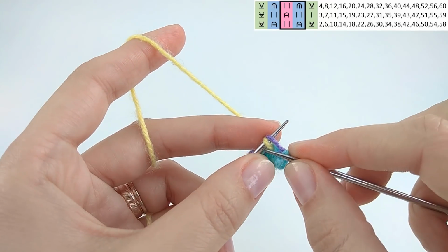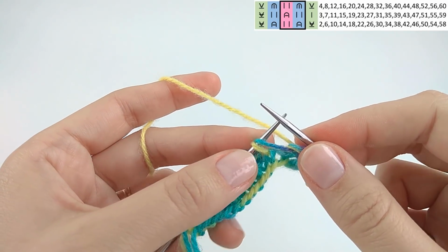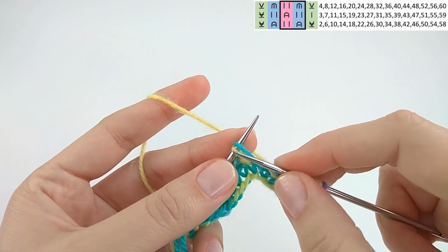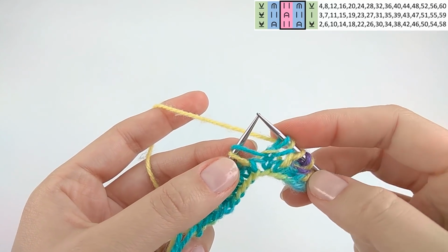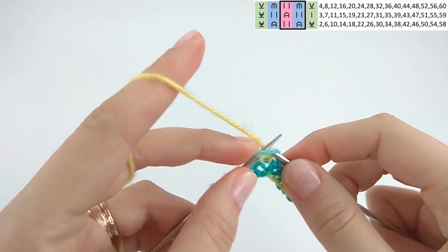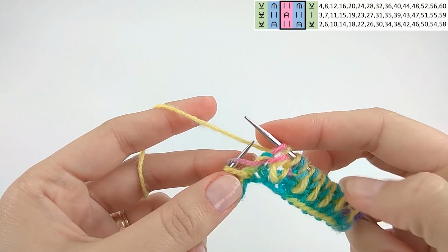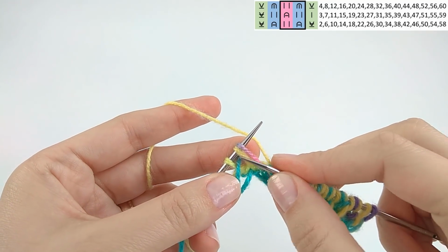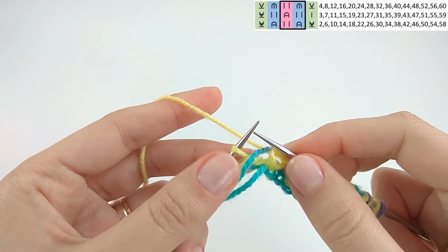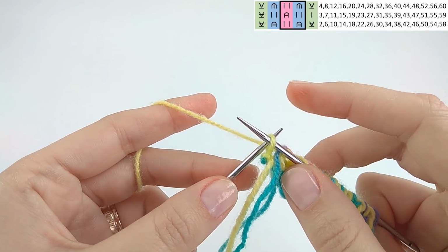Slip purlwise the edge stitch, and the repeat for this row is brioche knit, slip 1 yarn over. So brioche knit means you knit together the stitch and the yarn over from the previous row, and slip 1 yarn over means you slip the stitch with the yarn over the needle. So again we repeat this until we have 2 stitches left on the needles. So here they are. Again, this is 1 stitch, the stitch and the yarn over. So we brioche knit, and only in row number 4 we have to slip the edge stitch purlwise with yarn